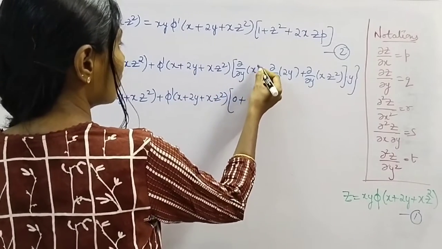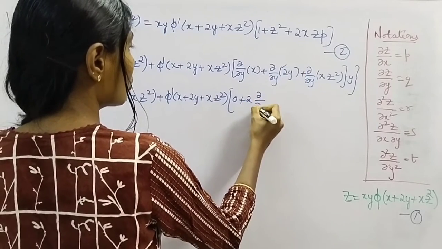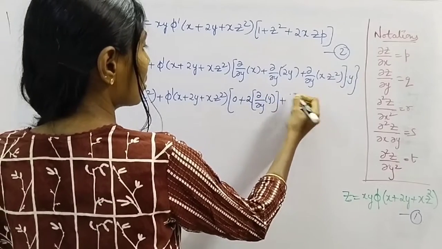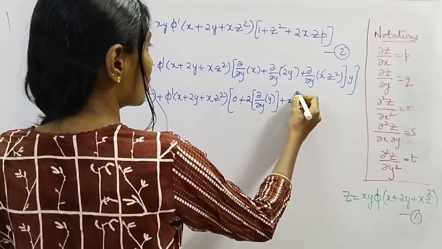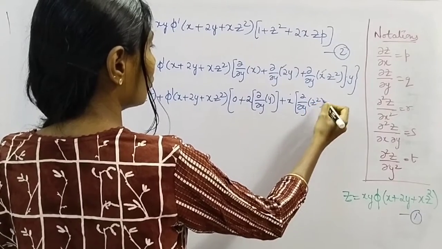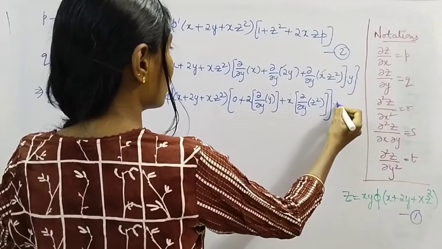So we'll get partial derivative of x with respect to y is 0, plus here 2 is constant, we'll write it as 2 into partial derivative of y, plus here x is treated as constant, again we can write this as x into dou by dou y of z square, okay, into this y,